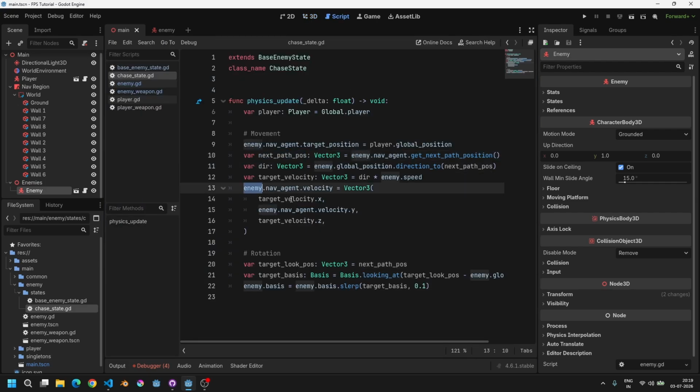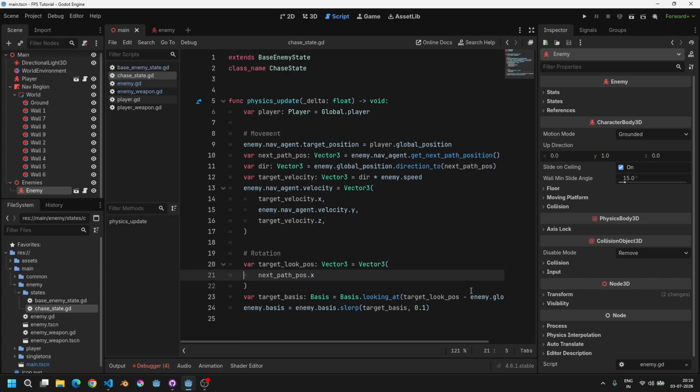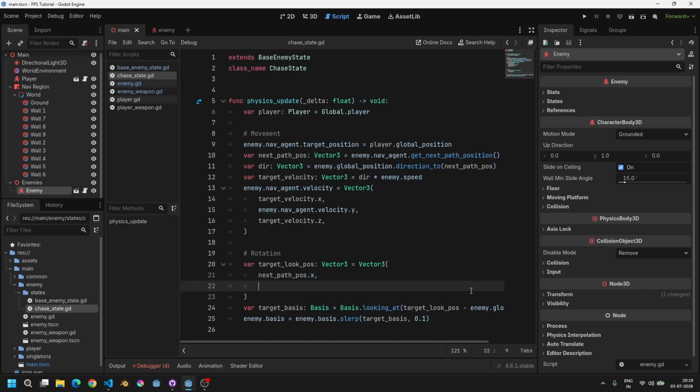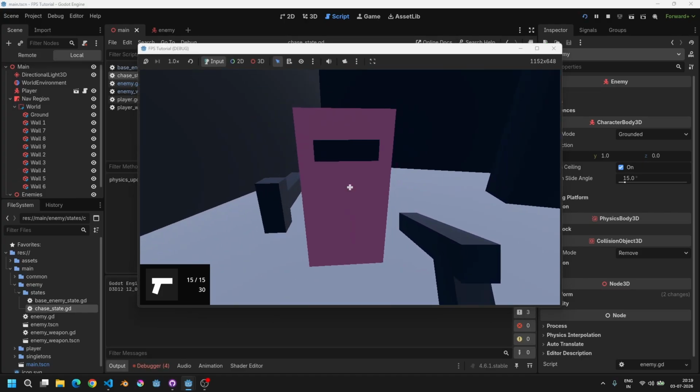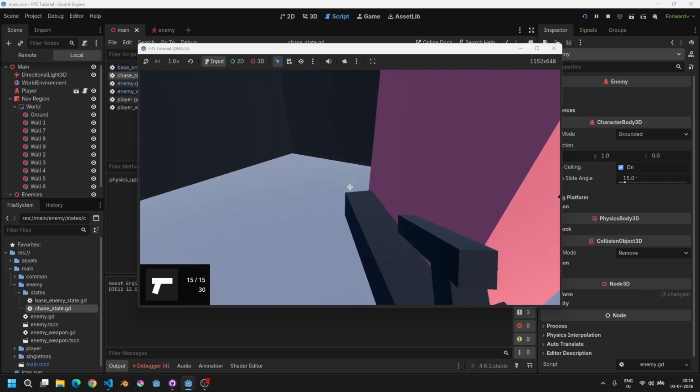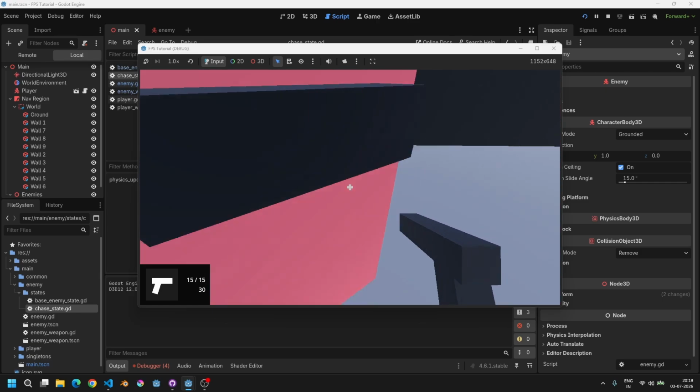Anyways, let's fix this quickly, and all we have to do is not modify the y component. Keep it as it is. So this is the z, and for the y we will have simply enemy's global position.y, and that should do the trick. Yeah, so this is working correctly now,